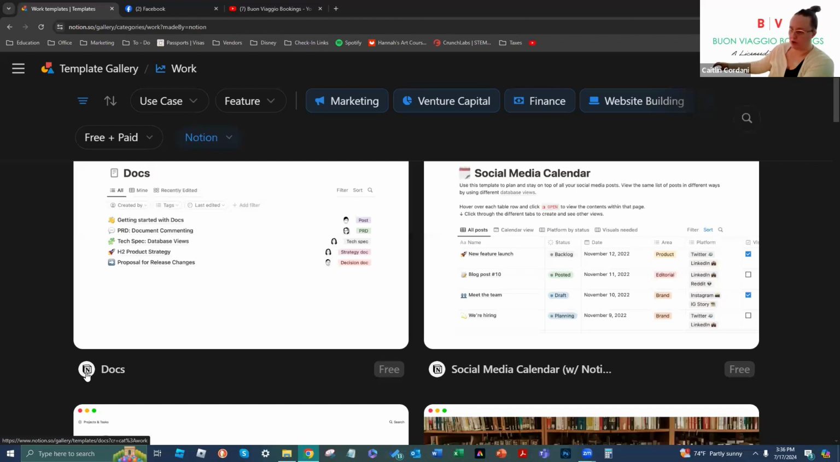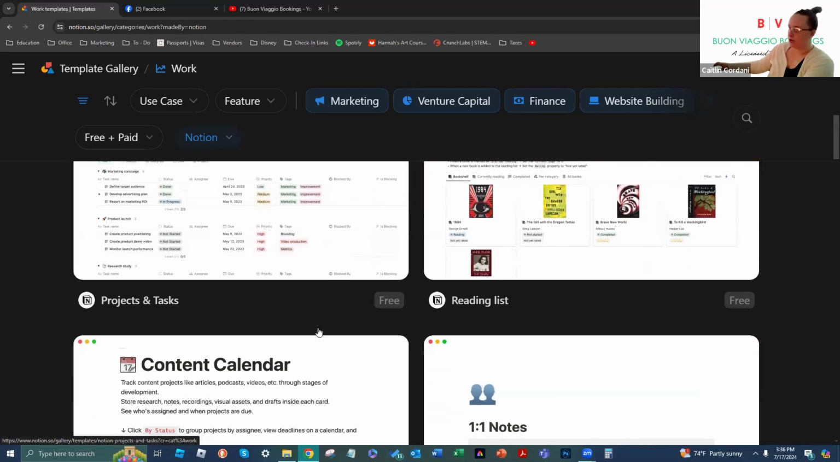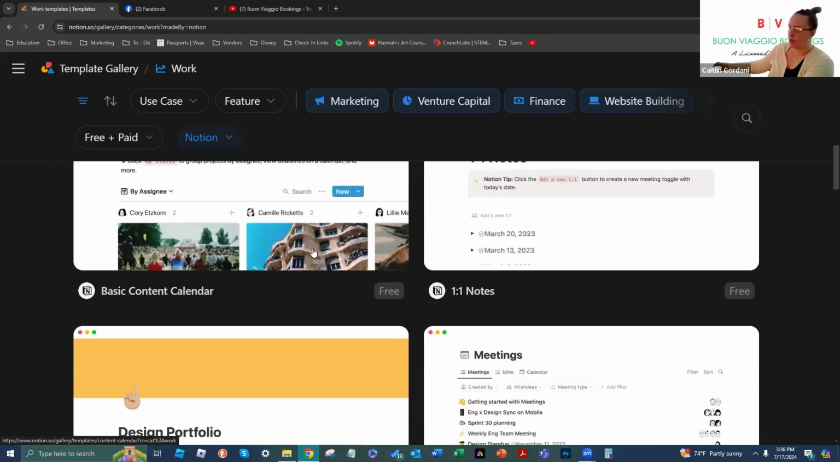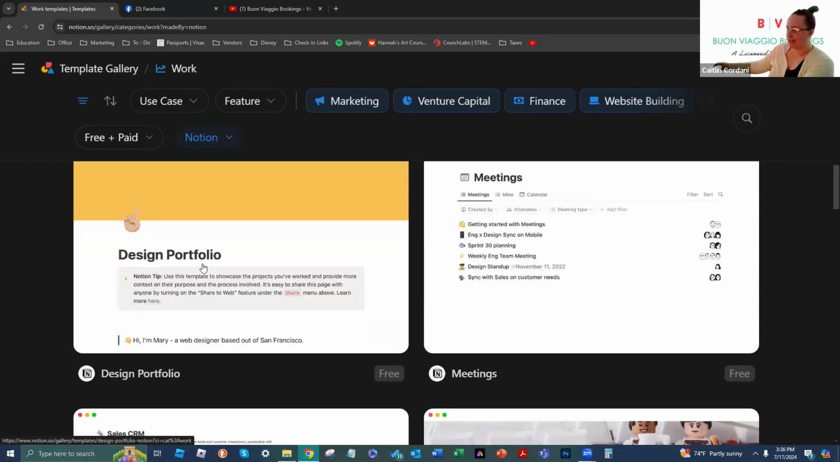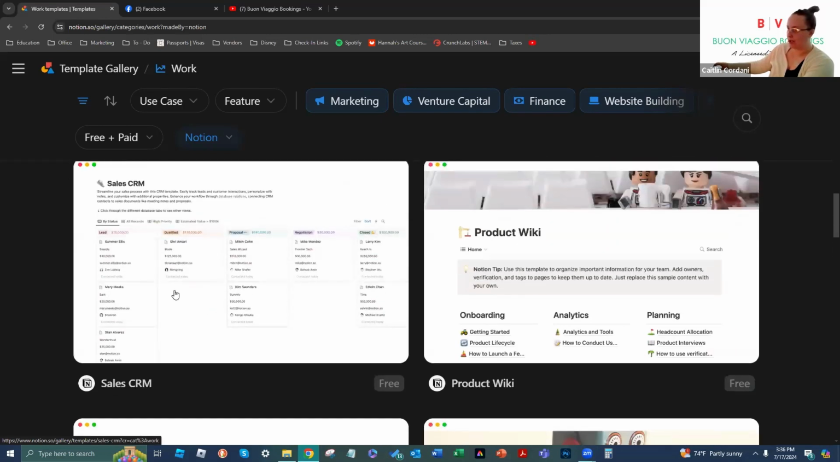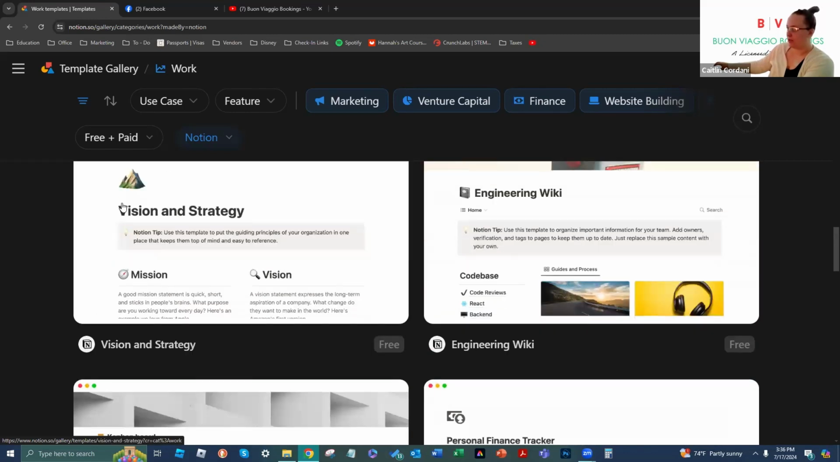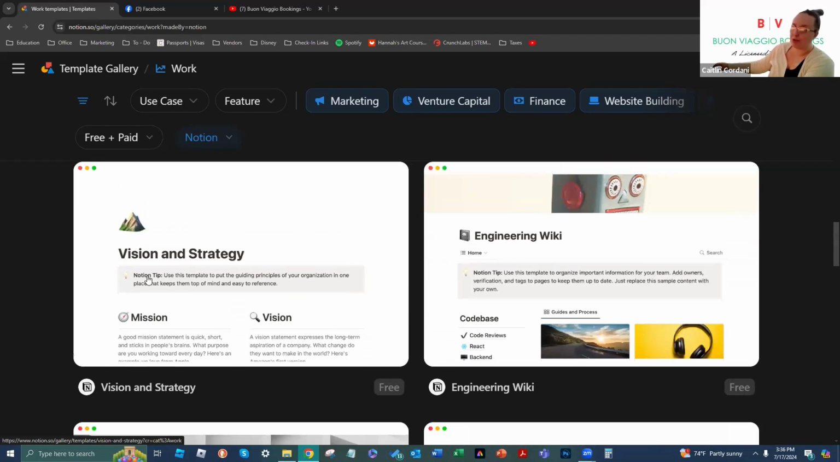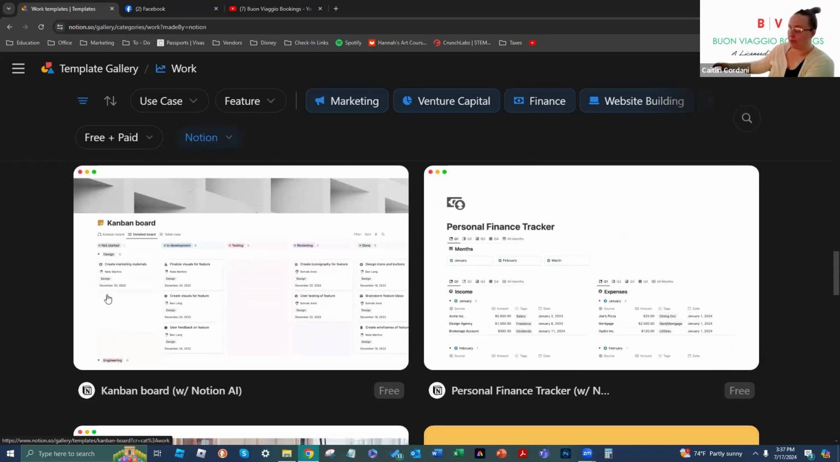So Notion's icon is next to it. Okay. So these are real basic one-on-one meetings, design, portfolio, sales, CRM, product wiki, engineering wiki, vision and strategy. This could be used as a mood board, guys. That's super awesome. Personal finance tracker, Kanban board,